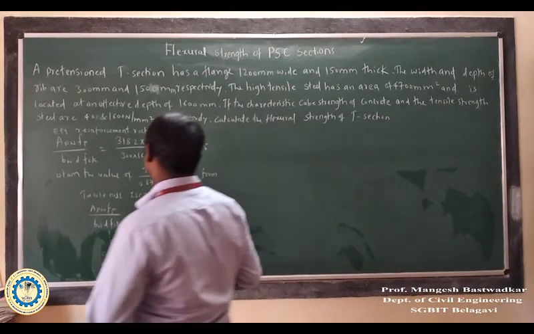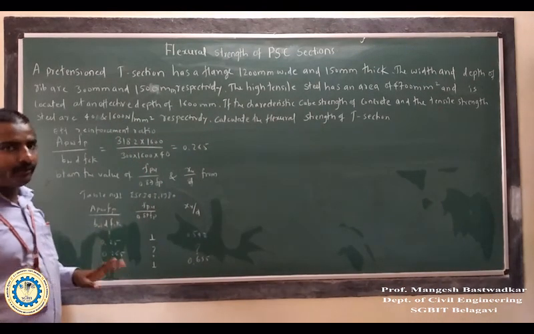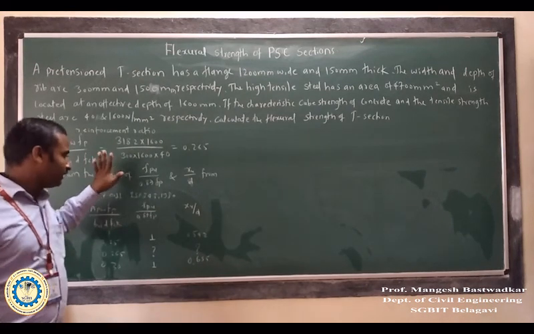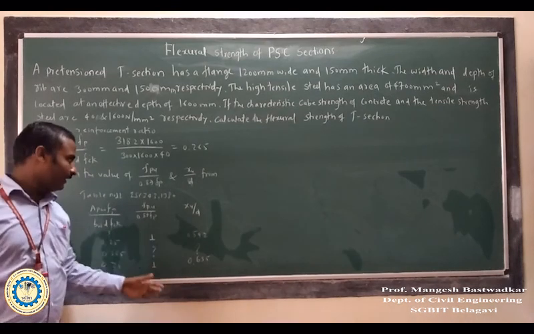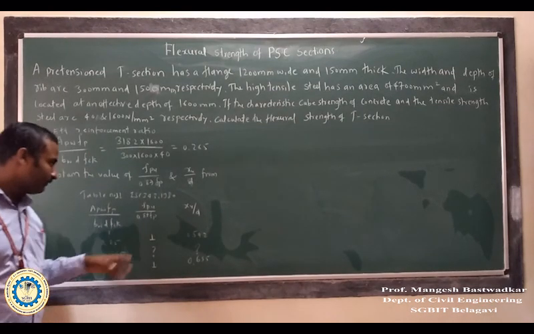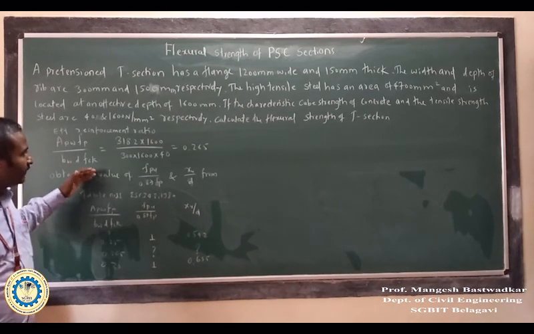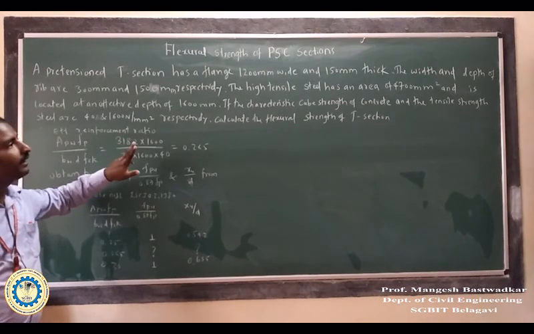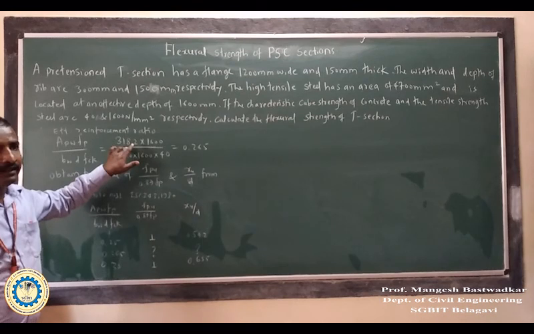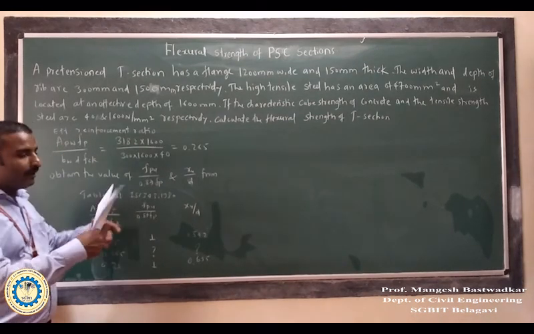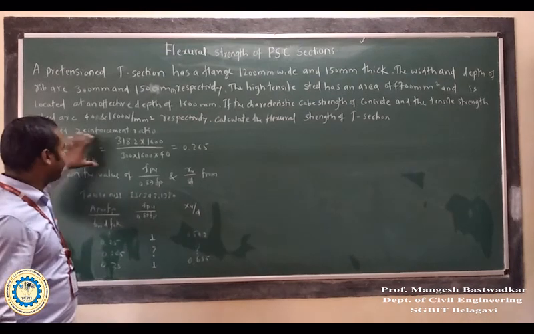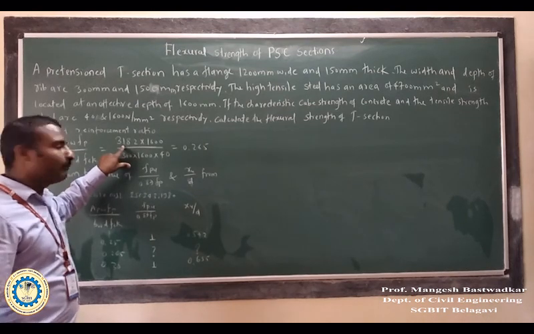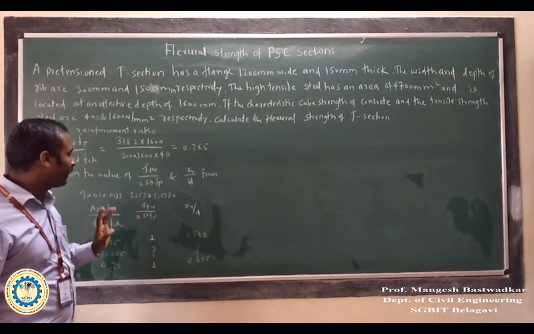Now, to calculate the depth of neutral axis, we require the effective reinforcement ratio, because based on this we can obtain the value of XU by D and FPU by 0.87 FP. From this table, substitute here APW. Why have I taken APW only, and not the total area of steel? These values are given only for the rectangular section, so only the web portion we have to consider. That's why I have taken APW, that is 3182 mm square area.